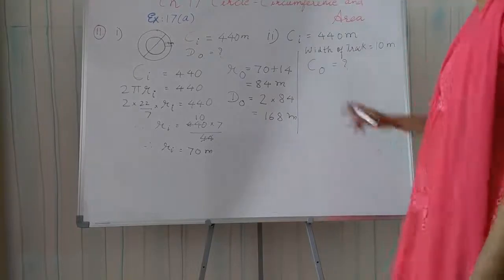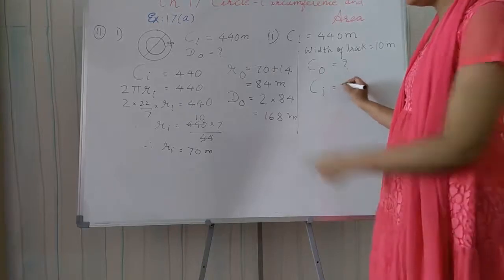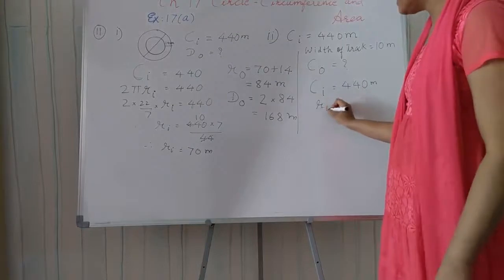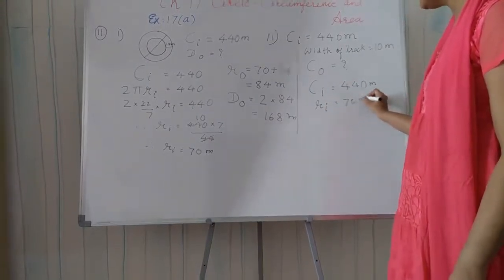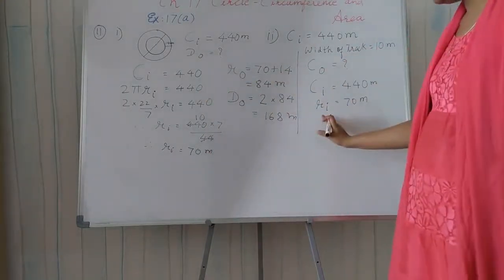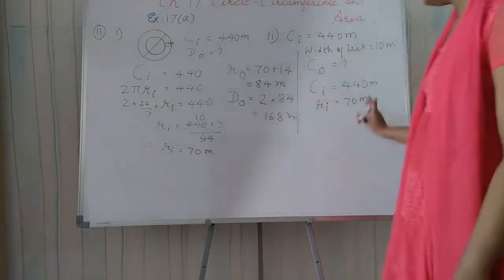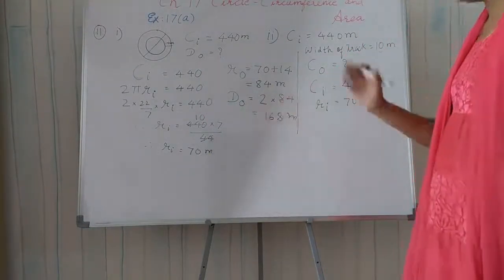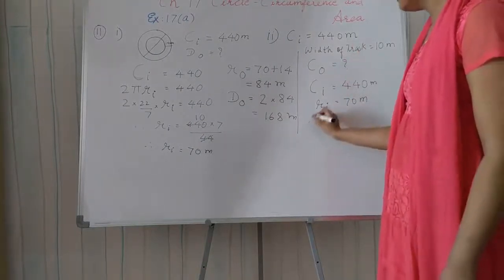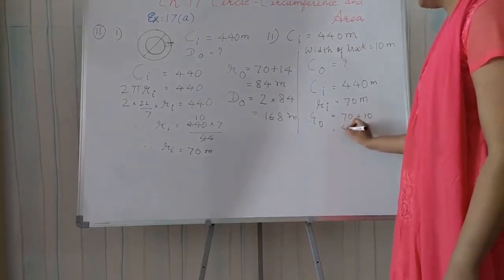So, first of all, we take our Ci, that is already found in the first part only. So, I write directly now that the inner radius will be 70 meters. Students, whatever we have solved in the first part, using it I have written here the inner radius of the circular path is 70 meter. You do not need to find it out again. Now, the width is known to you. This is the width of the track here. So, the outer radius will be 70 plus 10, 80 meter.